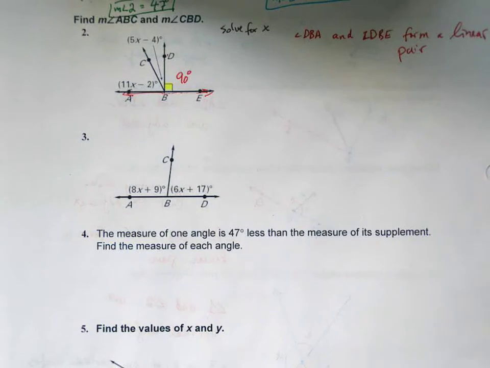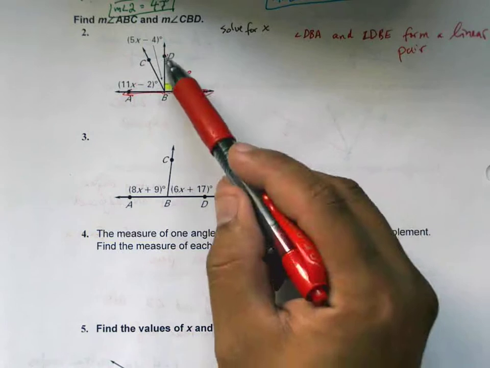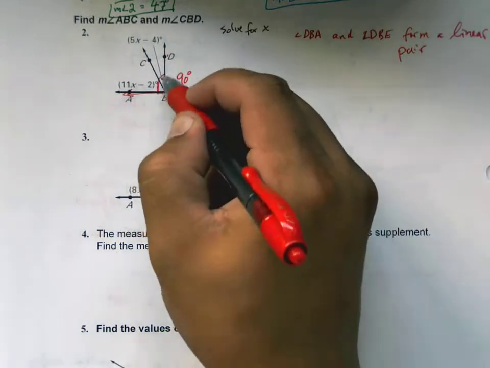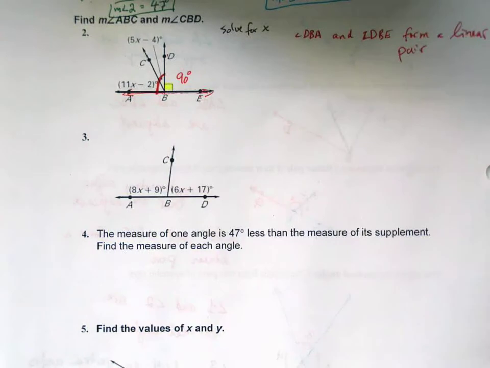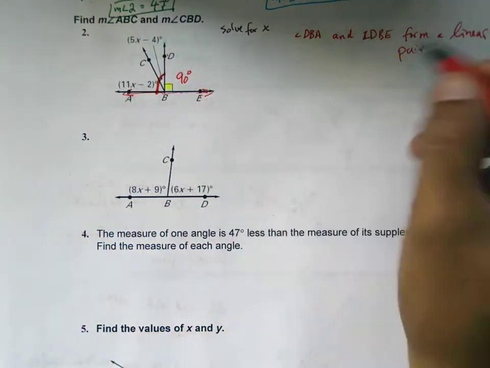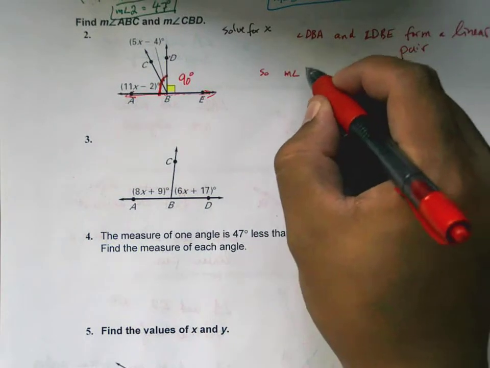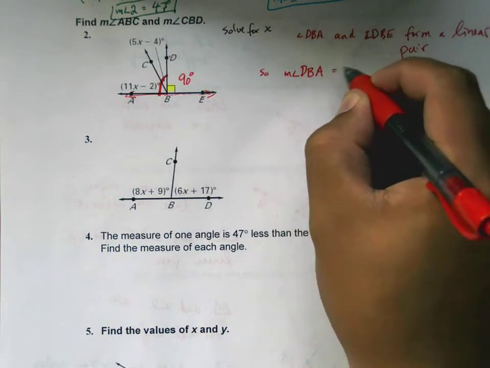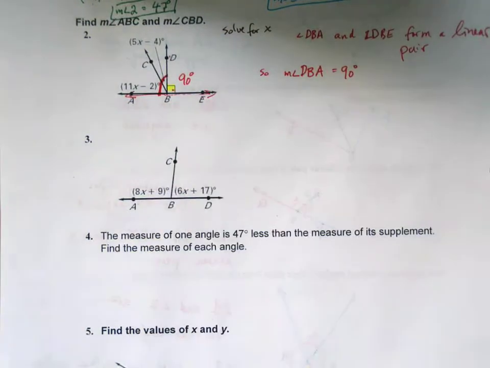So if this side of the angle, this side here, DBE, is 90, that means this right here, okay, this mark right here, this entire big angle must also be 90 degrees. So the measure of DBA must also be 90 degrees, okay, because this is already 90. Okay, so now we can